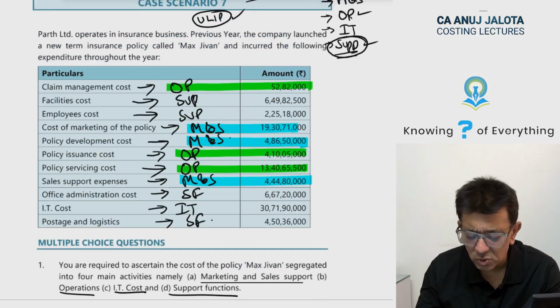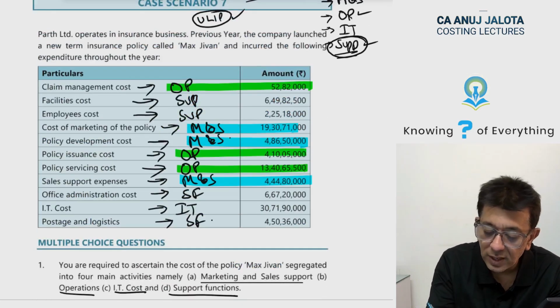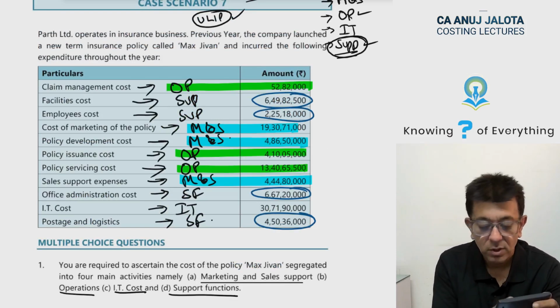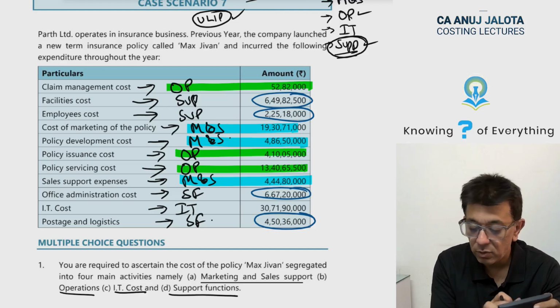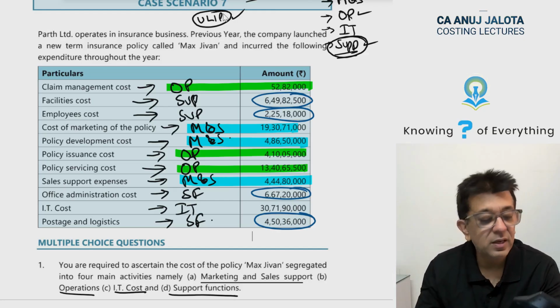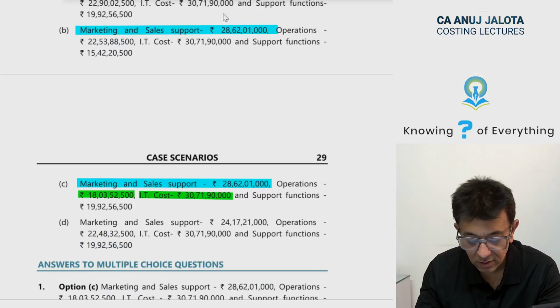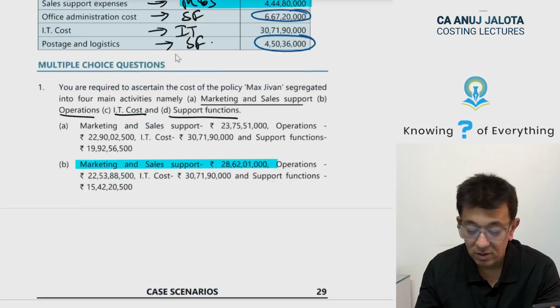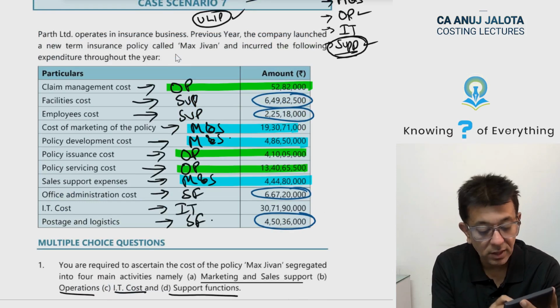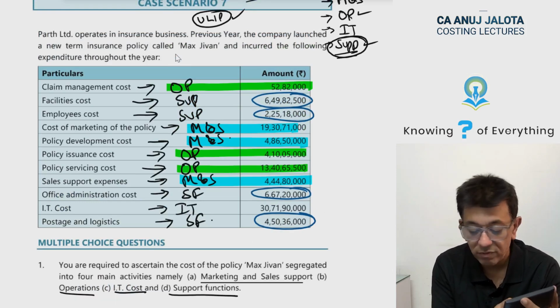Support functions, I have done most of the things, so I'll do that thing also, beta. So I guess in support functions, you'll get 1, 2, 3 and 4. So 649, 82, 500 plus 225, 18,000 plus 667, 20 plus 450, 36,000. It is 1991 56 500. I will try to check it up again. I think I might have done some error. 649 82 500 plus 225 18,000